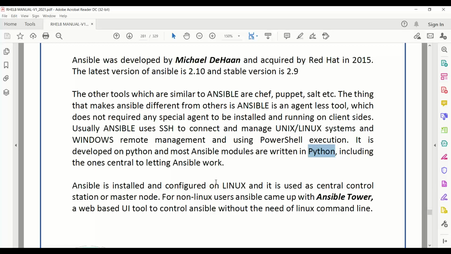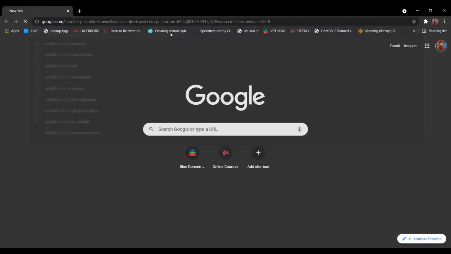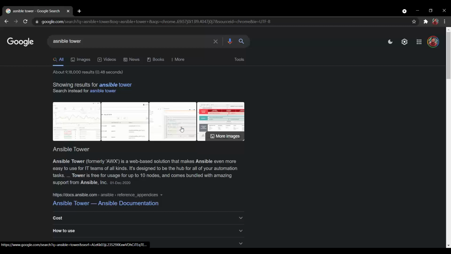So Ansible is still an open source tool, so you don't typically need any money to purchase it. You can use it in your environment free of cost, right? But they have brought up one more concept in Ansible, which is in trial. Maybe in the coming versions, we may see this concept come in full-fledged, called Ansible Tower. So what is Ansible Tower? Ansible Tower is nothing but a graphical tool to manage your